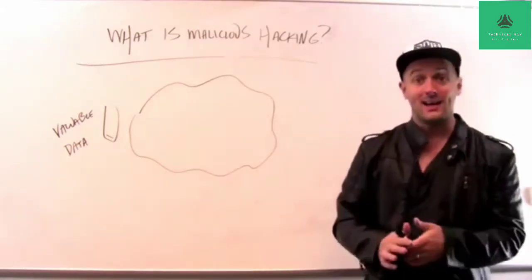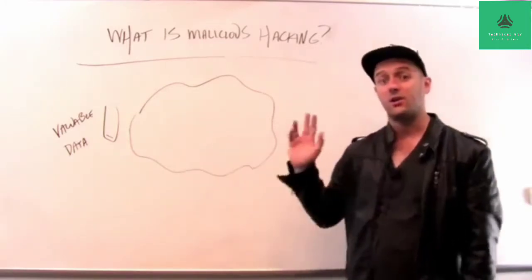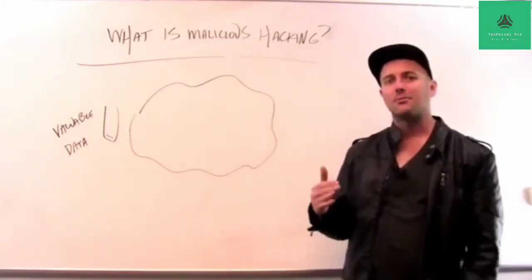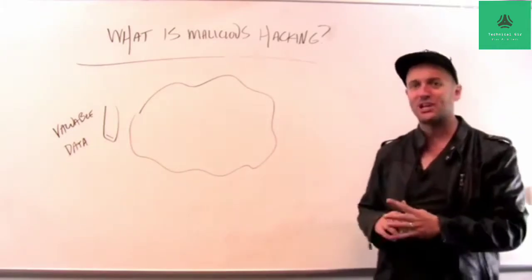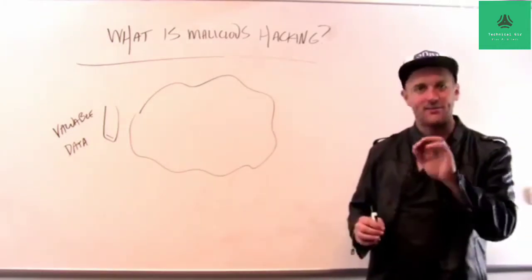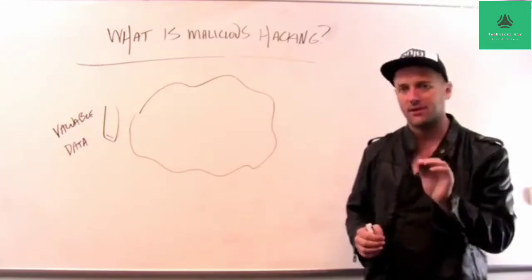But let's say I can't, and that machine's not even connected to the internet at all. That's sometimes known as an air-gapped machine. There's a gap of air between it and the internet. And that machine is, on some level, again, unless you can get physical access to it, very secure.